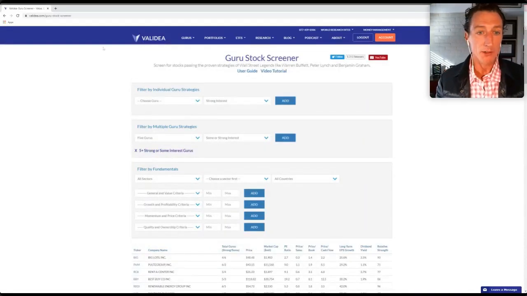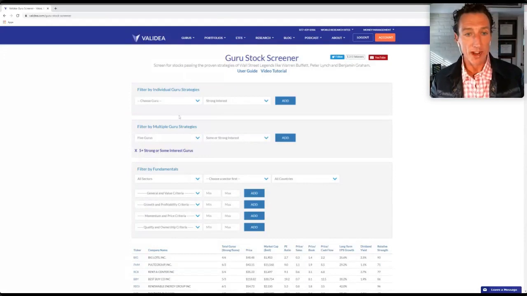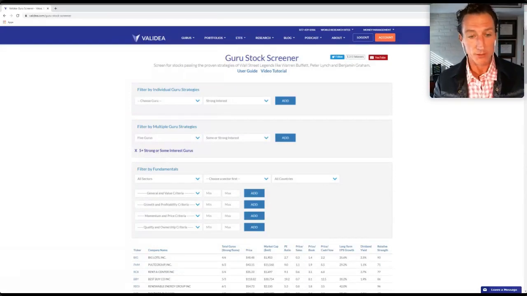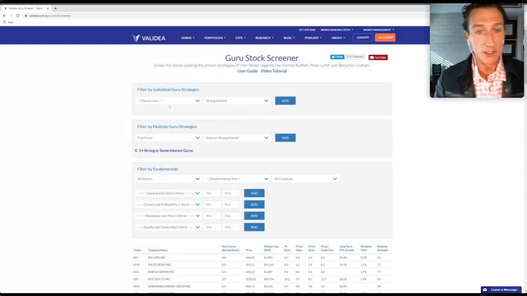So just to recap, before I get to the next part of the screener, there are 2 ways to use the guru strategies. You can screen for stocks that pass 1 guru model. You can combine guru models, whichever ones you want, or you can look for stocks that pass multiple guru strategies at the same time. We're going to keep this on stocks that pass more than 5 strategies with strong